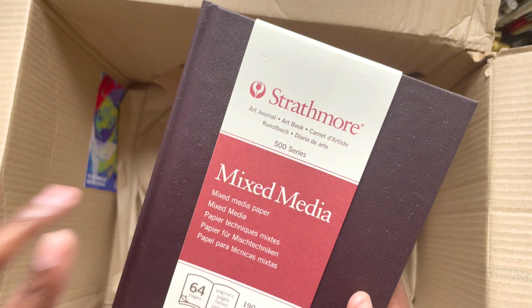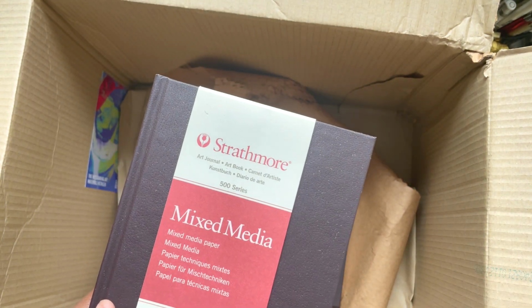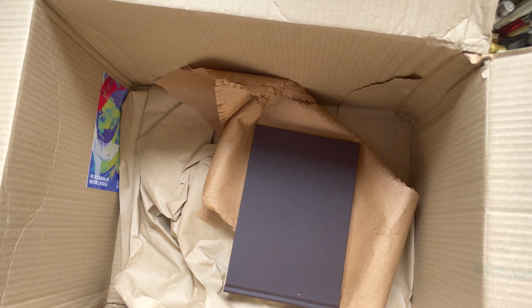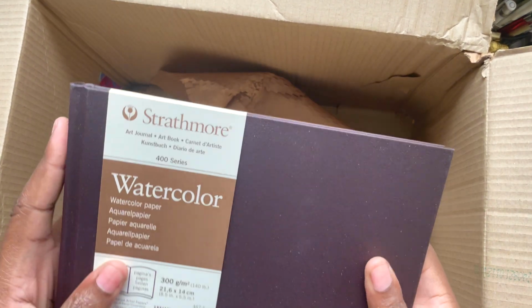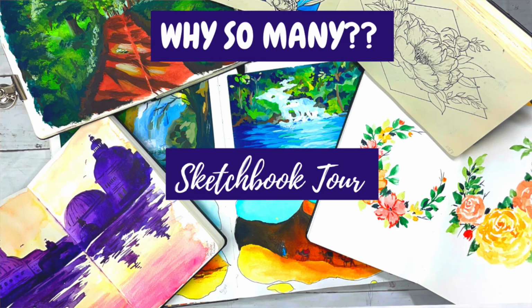This one looks less textured than the watercolor paper, I guess, as to be expected. It doesn't really lay flat, but the paper looks really good. And the 500 series in theory is meant to be their best quality one, and then there's 100, 200, 300, 400 and 500 series. So got this, and again Strathmore, this time getting the watercolor series because, like I said,